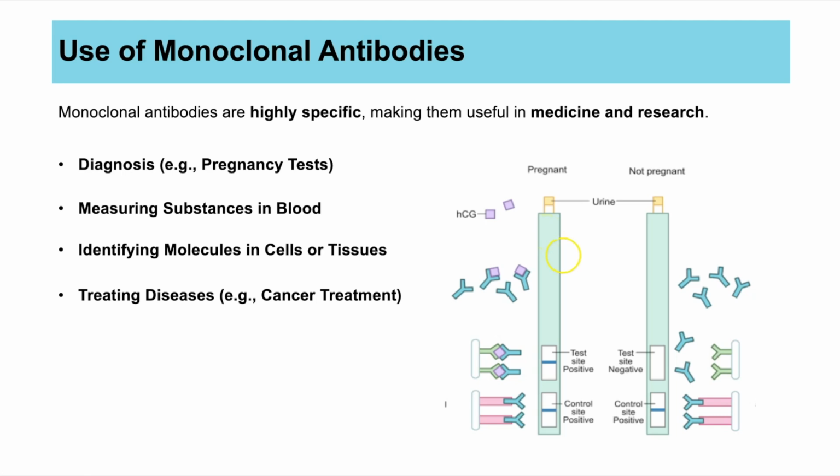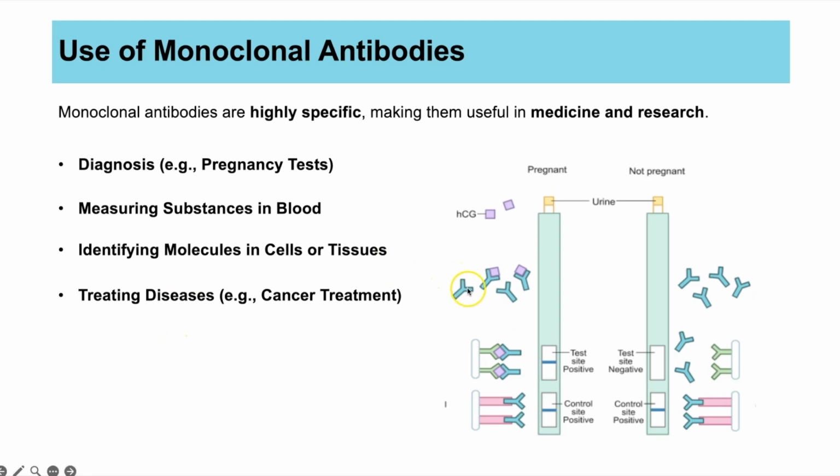It might come up as an application question, but the idea is you are creating monoclonal antibodies complementary in shape to a hormone that you only make when you're pregnant, and it's a way to identify if that hormone is in your blood. You can also use them to measure substances in the blood. So sometimes it might be for drug testing. It could be to identify molecules in cells or tissues, and sometimes it can be used to treat diseases as well,